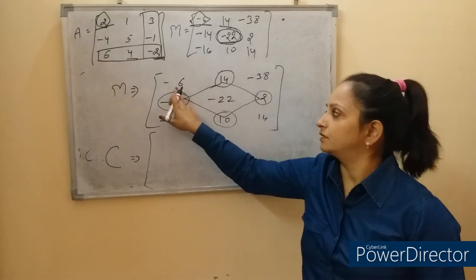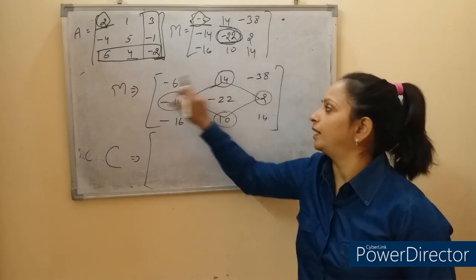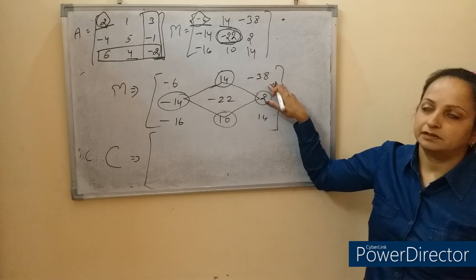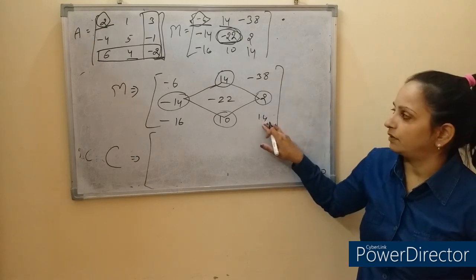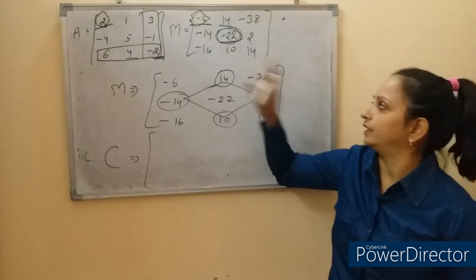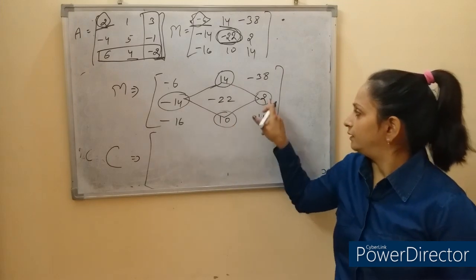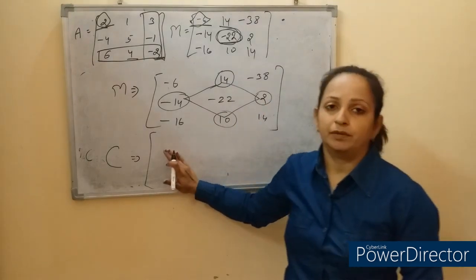I'm not going to change the sign of 6, that will always be minus 6. I'm not going to change the sign of this. I'm not going to change the sign of this. I'm going to change the sign of 14, minus 14, 10 and 2, and then it will become a cofactor